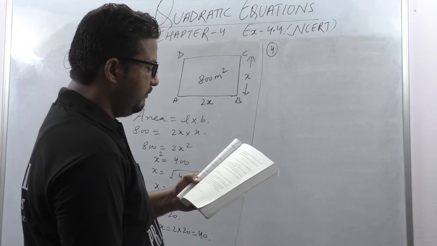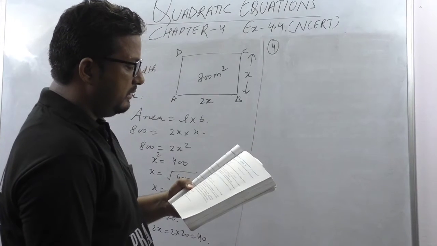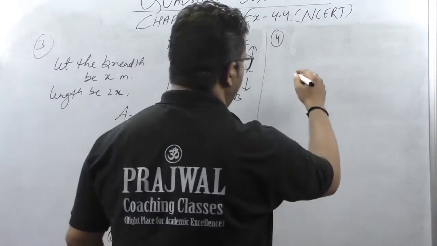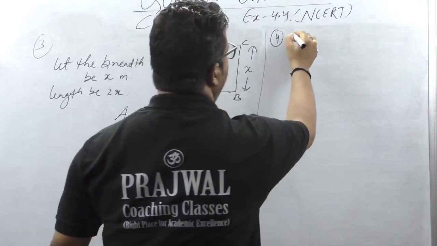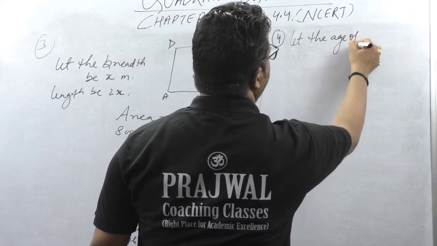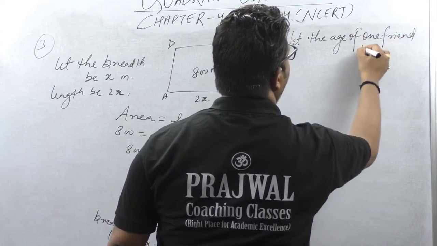The sum of the ages of two friends is 20. 4 years ago, the product of their ages in years was 48. So there are two friends, and the sum of their ages is given as 20. So you write: let the age of one friend be x